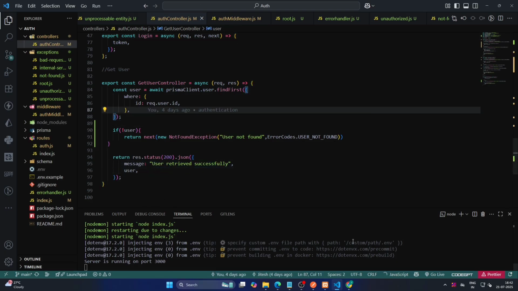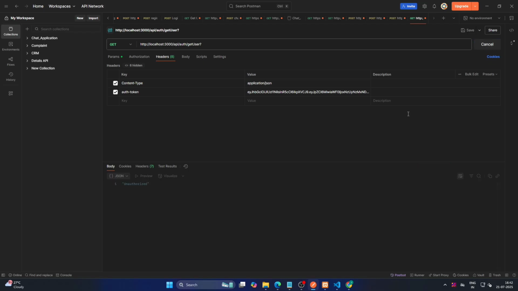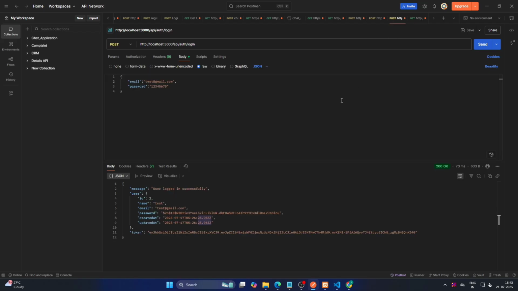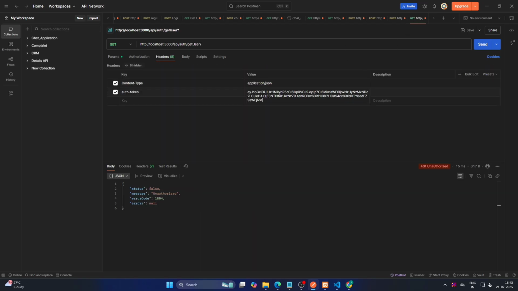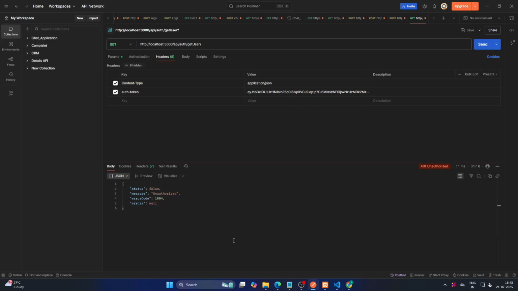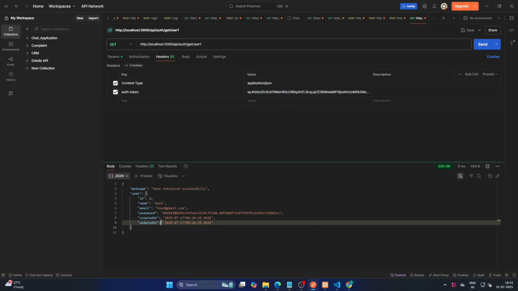So let's do the error handling. After doing it, let's check it. So it's working, unauthorized, the error code is working. So let's go to the login and take a token from it. And after that let's check it in the get user controller and send it. So it's working, user retrieved successfully, so our code is working successfully. Error handling is also working successfully here for get user as well. So yes, login is working. If not, unauthorized, token is wrong, and if the token is correct, then user retrieved